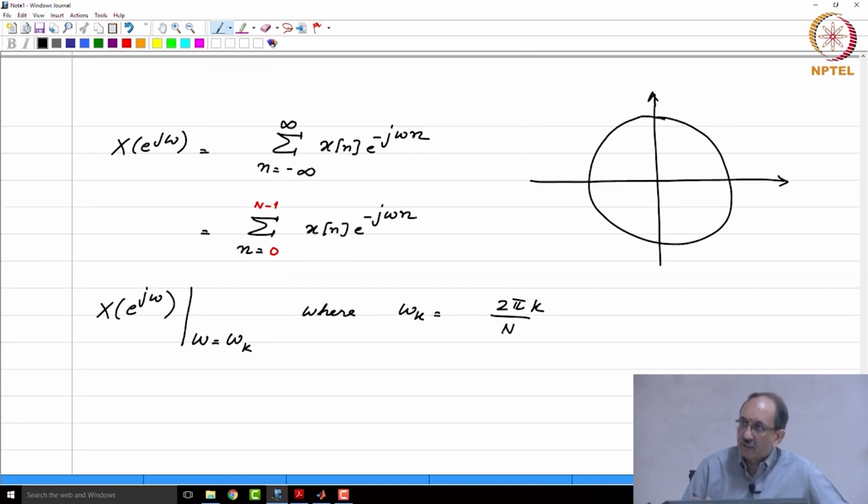This makes sense because the interval is 2 pi and you have taken N uniform points. So, the spacing between points is 2 pi by capital N and you are evaluating it at k uniformly spaced points, and hence